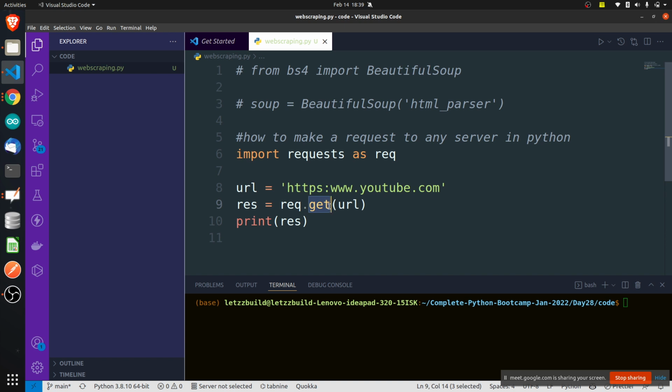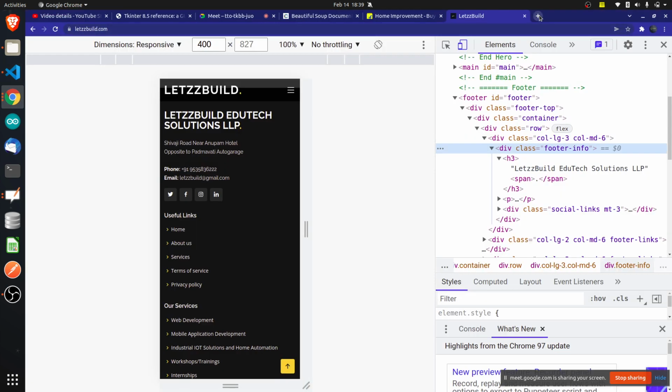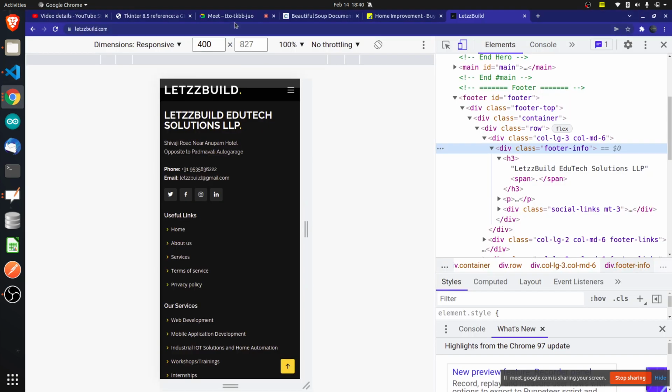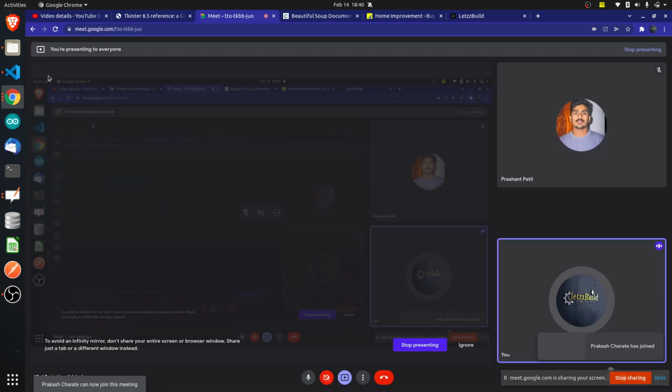So how do you know whether you should make a get request? If any website is opening on the browser, that means you are making a get request, because a browser can do only get requests. Any website that you can open on the browser uses a get request first of all. It might be using post requests also, but it will open using a get request. These are different methods used in making requests. I'm making a simple get request to this particular URL and getting the response from the server. As simple as that. If you did not understand, you can just ask me.